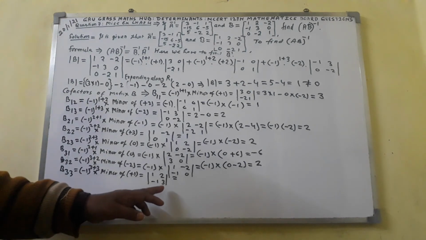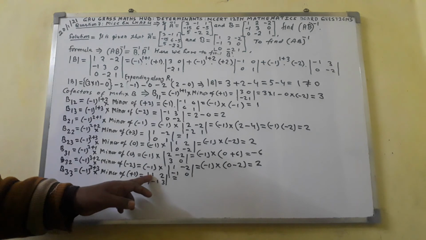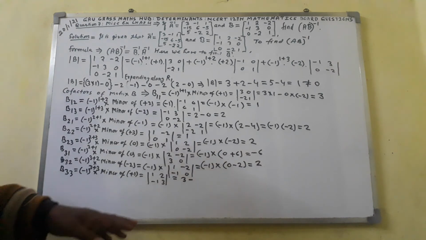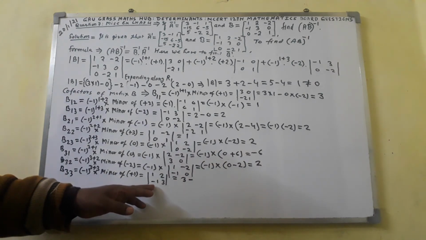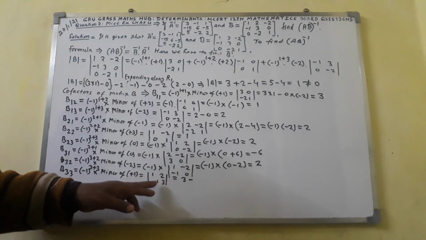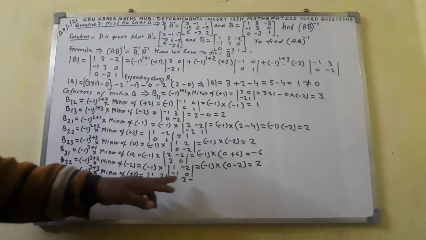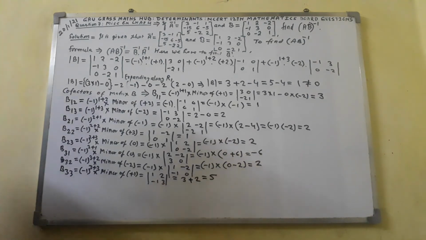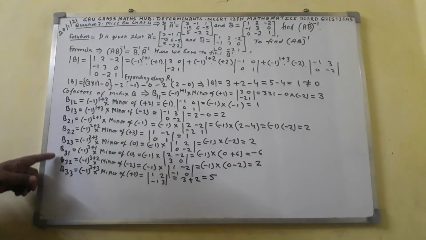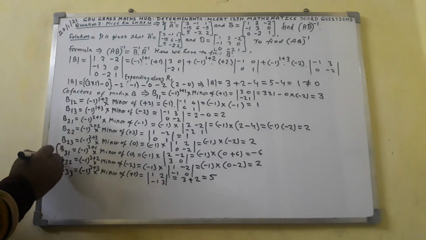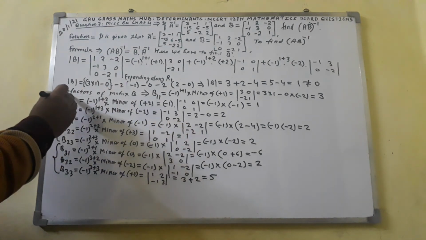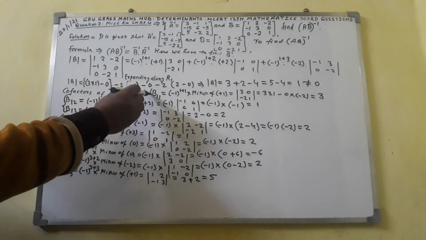So here you will get 3 multiplied by 1 comes out to here 3. Minus, and elements of reverse diagonal: 1 and minus 1 will multiply to 2, comes out to here minus 2. Minus 2 I shall write here, it will become plus. Comes out to here 5. Now you have grouped the things here. This one will be put in one group, this one in one group, and this one in one group, including this one.